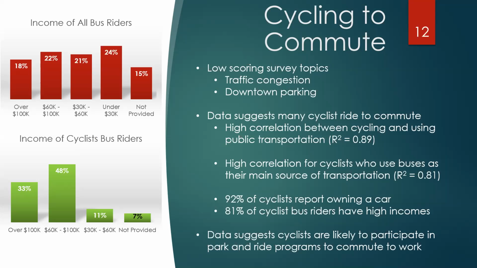They choose to cycle. Well, if we combine this with trends in the cycling community, we can actually come to a conclusion that a lot of times they're commuting to work. They want to avoid traffic. They need to get to where they're going, to downtown, to business areas. And cycling and park and ride programs are the best alternative.